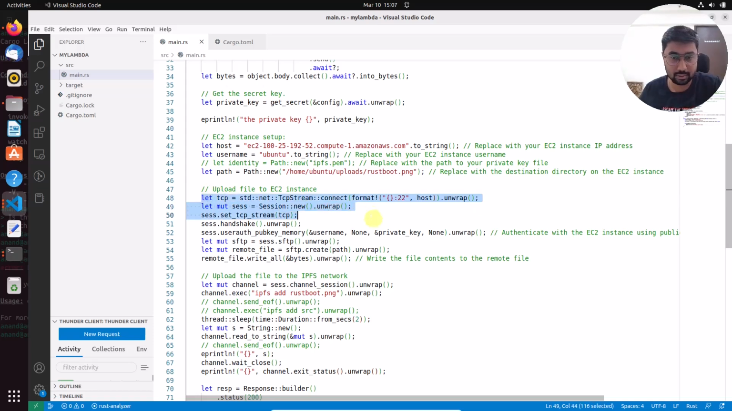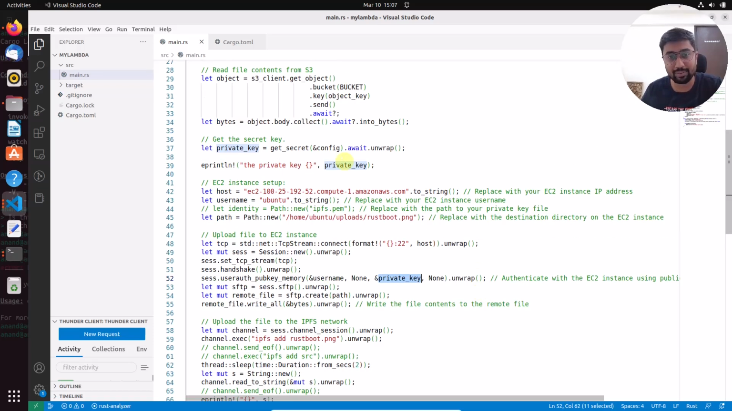Then this is our code to upload a file to the EC2 instance. First of all, we are creating the TCP stream. Then we are creating an SSH session. Then we are doing a handshake, and we are finally authenticating using the pub key. This function requires a username and a private key, whatever we have extracted